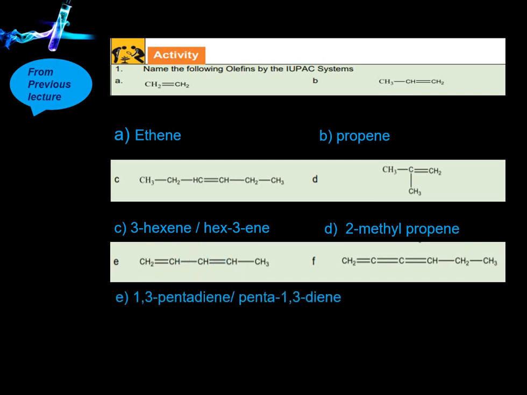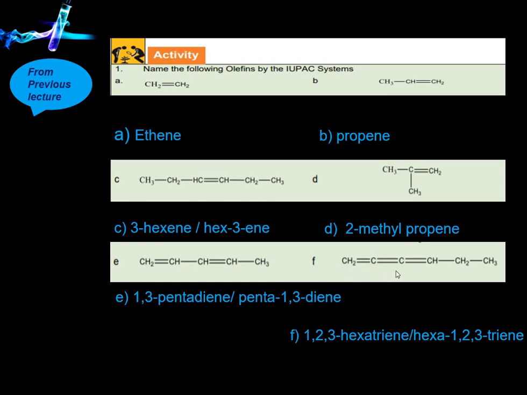Answer of part E will be 1,3-pentadiene. Let's start numbering from this point 1, 2, 3, 4 and 5. So we can see at position number 1 and position number 3 there are two double bonds. So it will be a diene. We can write it as 1,3-pentadiene, or other way of writing the name is penta-1,3-diene. The name of the last part is